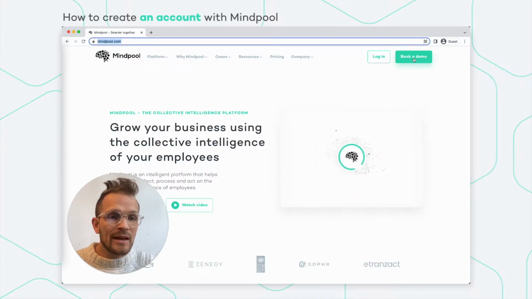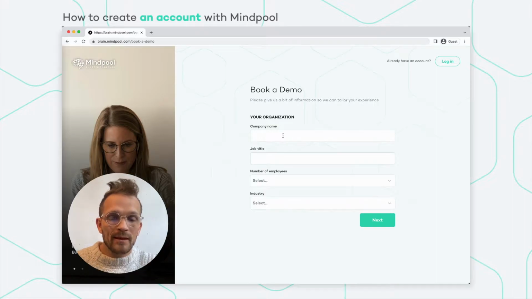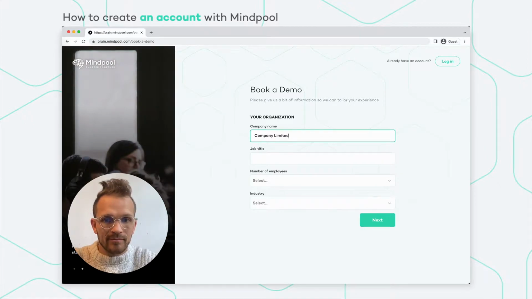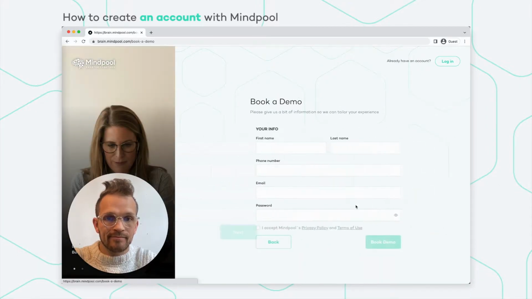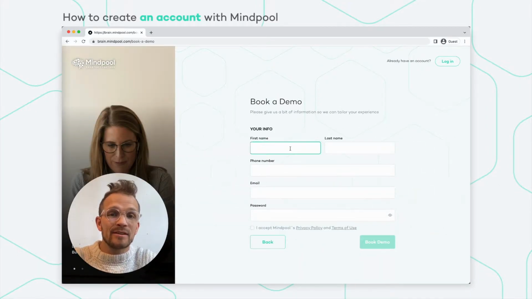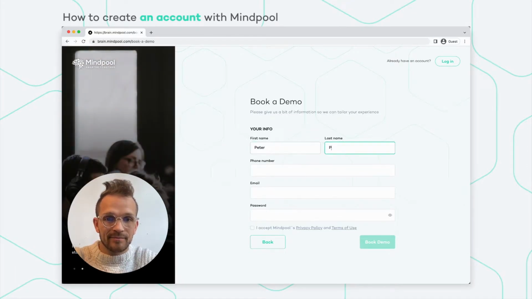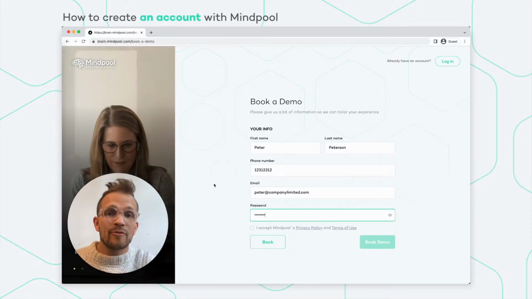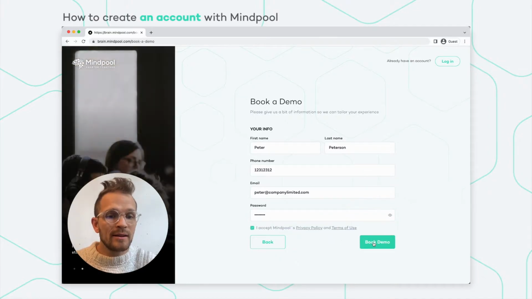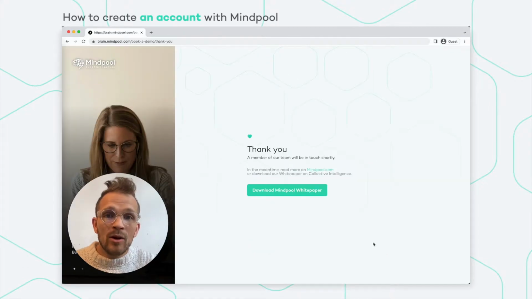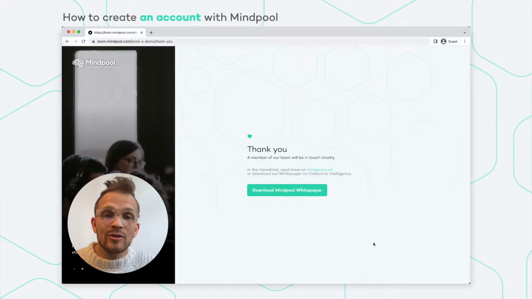Once you do so, you can create an account by hitting book a demo. Here, you just add a little bit of information about your company. And then just add some of this information about yourself. Once you're done adding information about yourself, just click accept the Mindpool's privacy policy and terms of use if you agree with them, and then click book a demo. Now, all you need to do is wait until a customer agent, maybe me, reach out to you and schedule